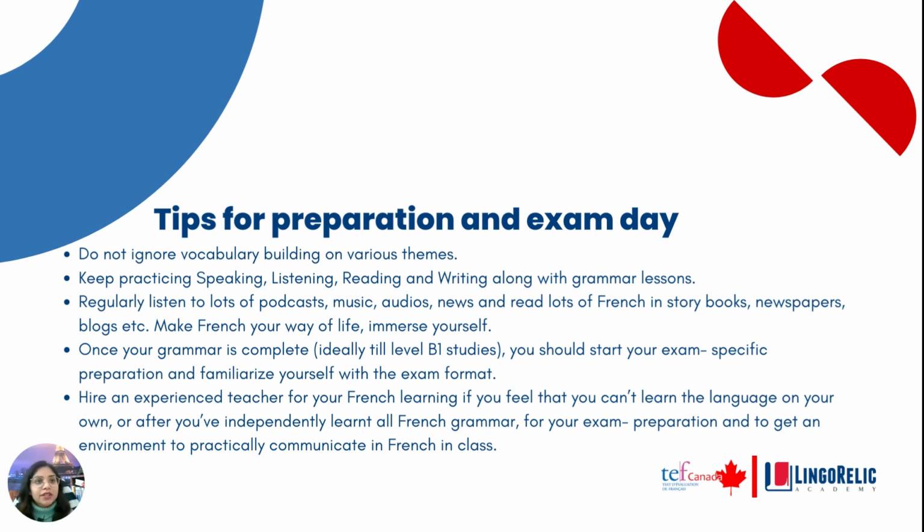If you do not know the exam pattern, if you do not know what tasks are going to be asked in the exam, if you do not know how to manage your time, and if you do not know the strategies for the same for each module, you are not going to be able to bag that B2 plus that you really aspire for. After your completion of studies or even during your studies, you could hire an experienced teacher